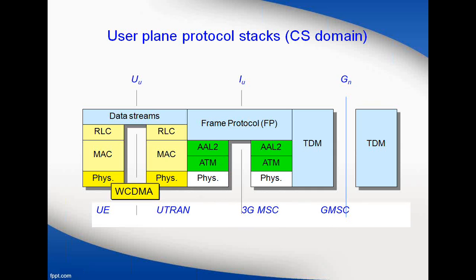In the case of ATM networks, obviously we have the ATM and AAL2 adaptation layers. But generally the mapping is done in such a way that we are not going to see any more data link or MTP 1, 2, 3, because everything here is carried out in the case of radio link and radio access. That is how we are enhancing the network with the RNC controller. So obviously the data streams and other things are mapped against RLC and RRC. This is a basic diagram of how the CS protocol stacks are there in a UMTS network.